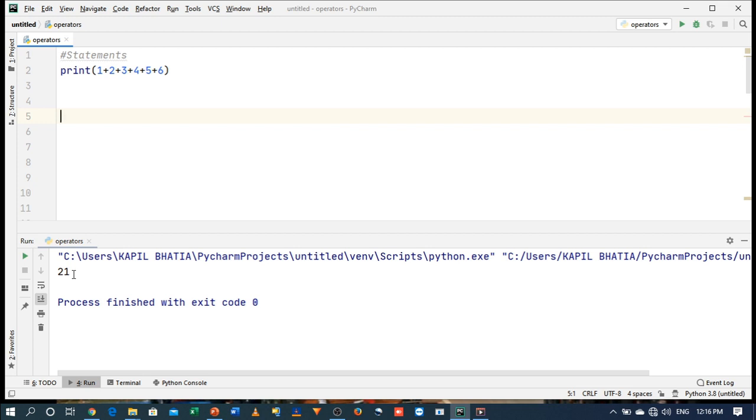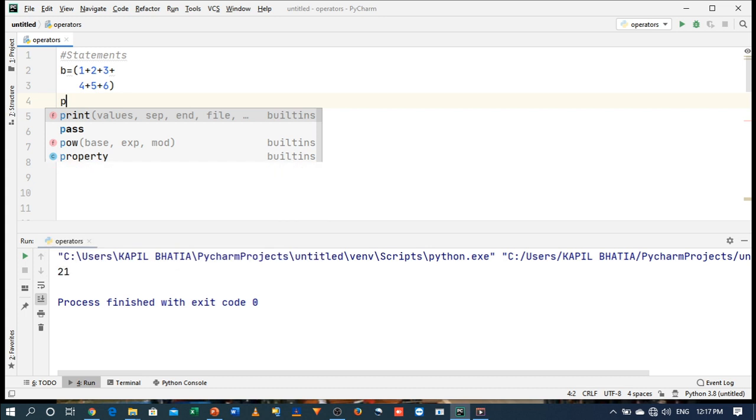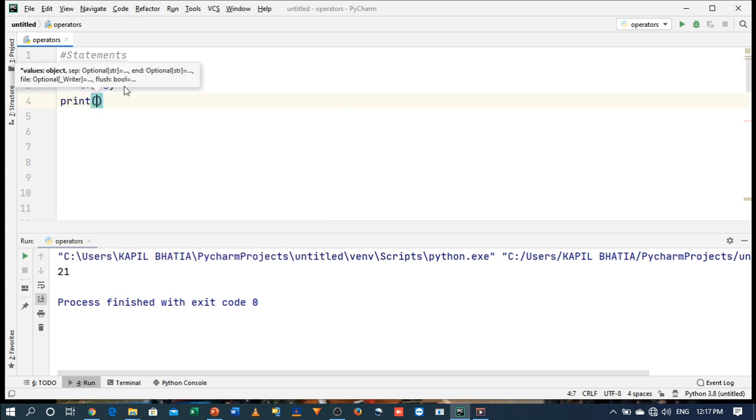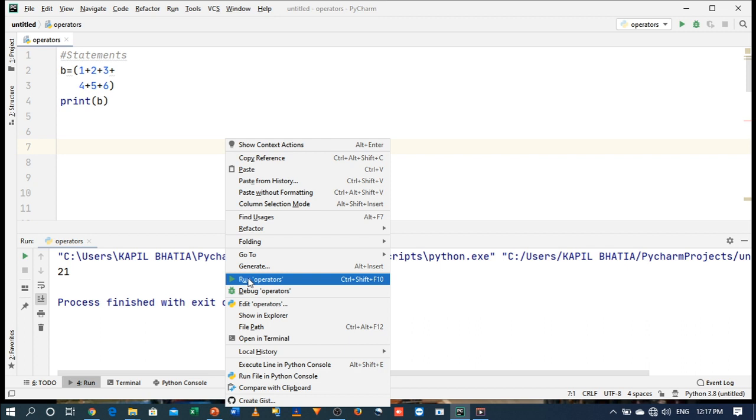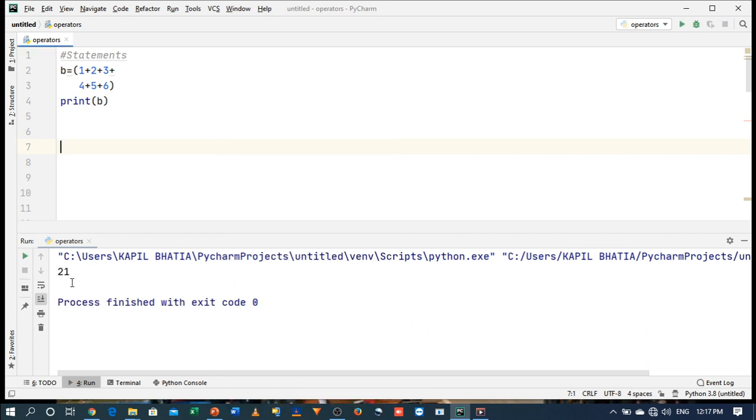I can also use implicit line continuation, and implicit line continuation is always there when we put the brackets, so there is no need to put any backslash here. It will be treated as implicit line continuation. For example, suppose B is equal to... so here you can see the output.